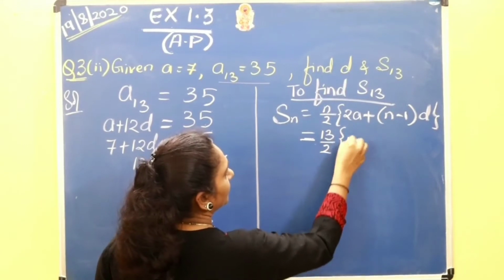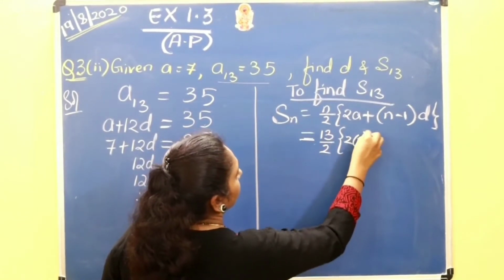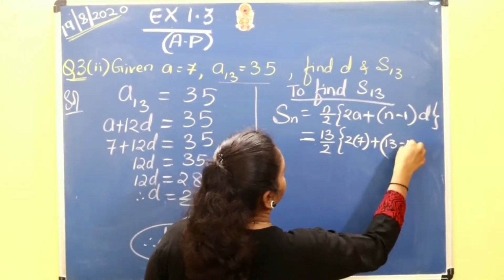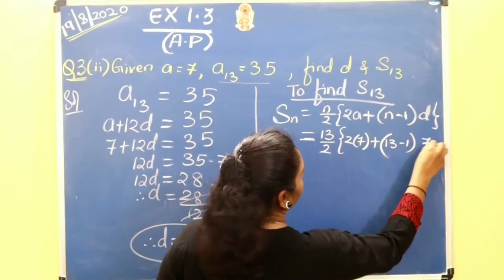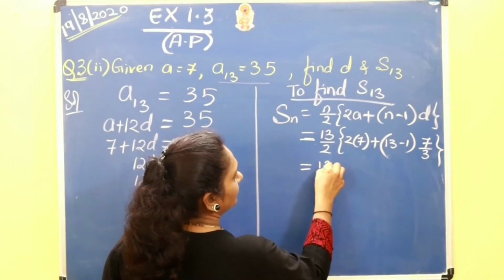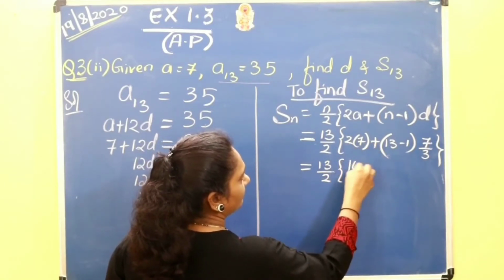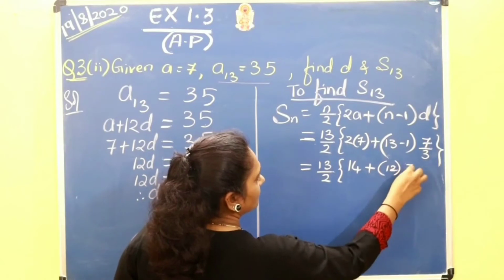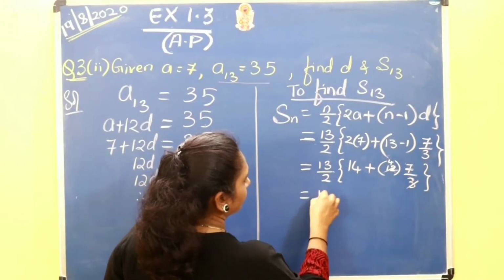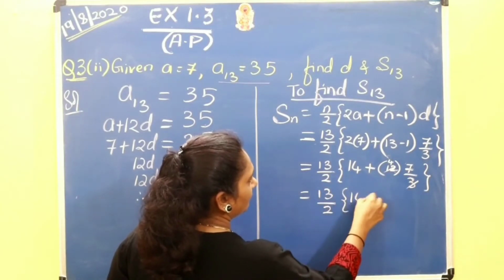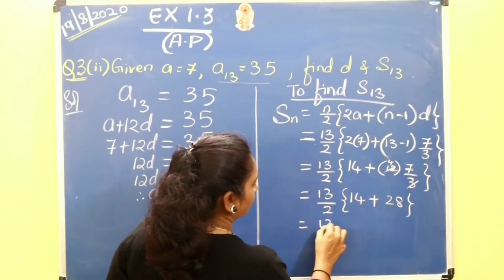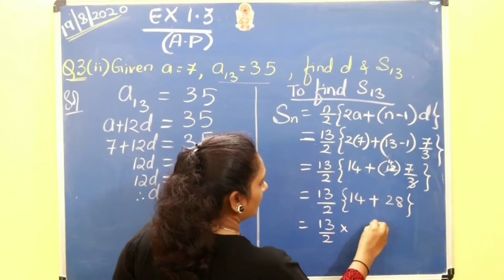13 by 2, 2 into a is 7, plus n is 13 minus 1, d you have found out to be 7 by 3. Now continue. 13 by 2, 2 7s are 14, plus 12 into 7 by 3, so you can cancel here. 3 4s are 12. 13 by 2, 14 plus 4 into 7, 28. So you have 13 by 2 into, add this together,